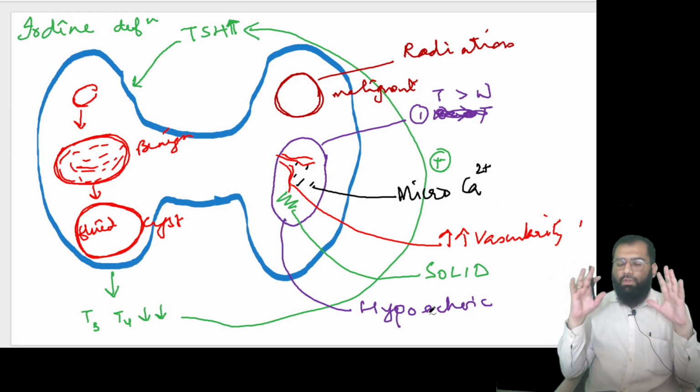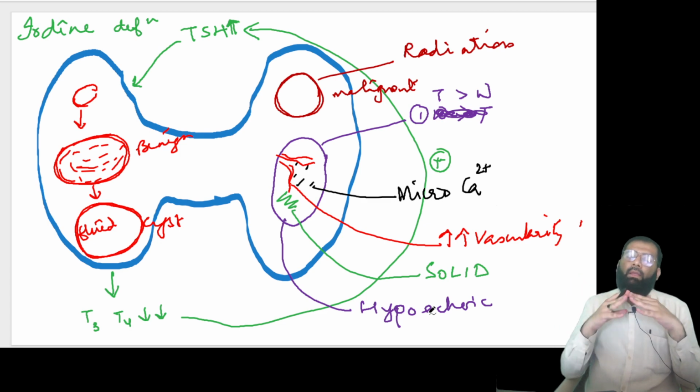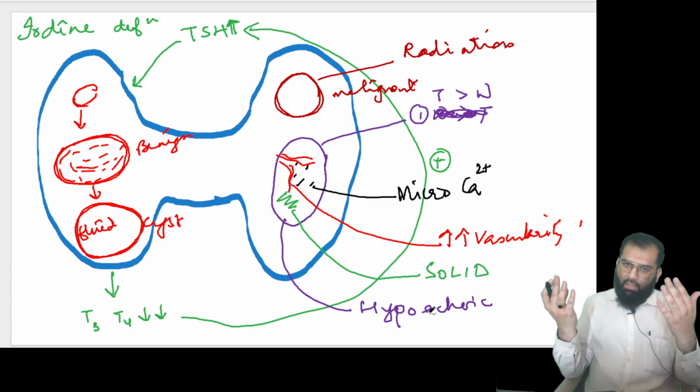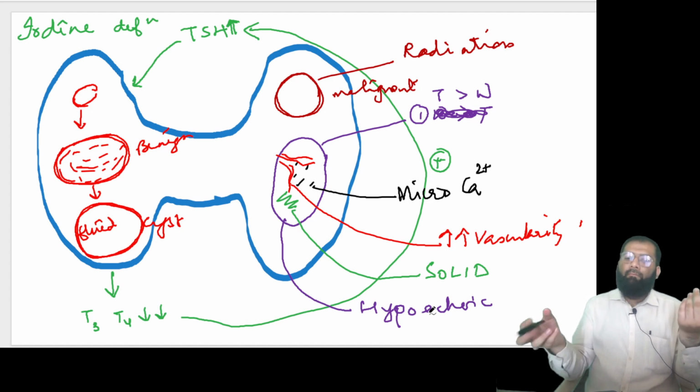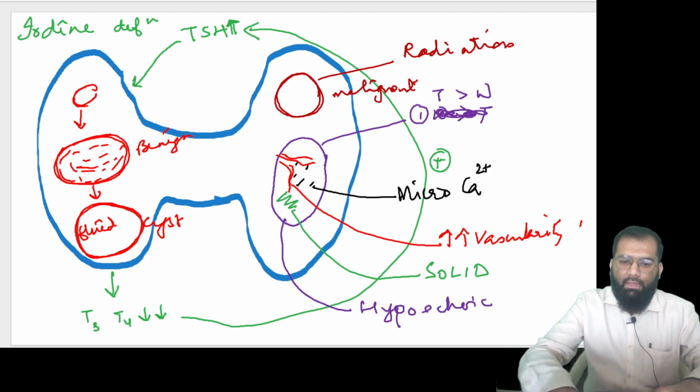Okay, so whenever you have a lesion, you should look for these features. You should look if it is taller than wider, you should look for microcalcifications, you should look for increased vascularity, you should see whether it is solid or not, and you should see whether it has got hypoechoic areas or not. Okay, yeah. So with this,